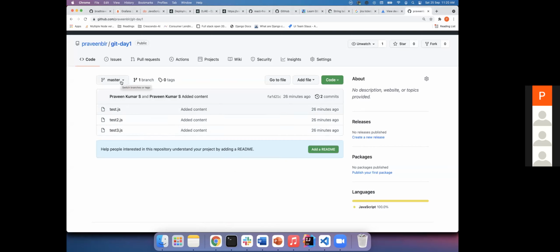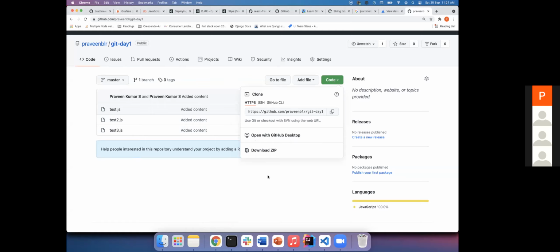Okay, so now you see what we have done. We just moved our code into a repository. Now we are getting everything: pull requests, issues, projects and all that. This is how the connectivity between Git and GitHub happens. They are two different independent things, where GitHub or Bitbucket implement Git in their cloud environment so that we can collaborate with people for development.